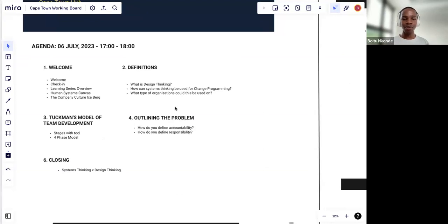As Linda has also spoken about, this is a learning series, 3 parts, this being the first one. I'll take you through what is called a human systems canvas and some of the questions that we ask ourselves around not only how systems function, but how people in those systems function. I'll take you through an iceberg company culture model,